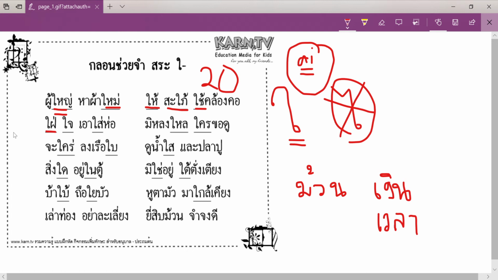I'll just write it for you: ใฝ่รู้, okay, this is ใฝ่รู้. And you can also say ใฝ่เรียน, you can say that as well. ใฝ่เรียน, เรียน means to learn, to study. So ใฝ่เรียน means you love to study, you're eager to study, you desire to study. ใฝ่เรียน means a person who loves to study and always goes back and revises, really loves studying and